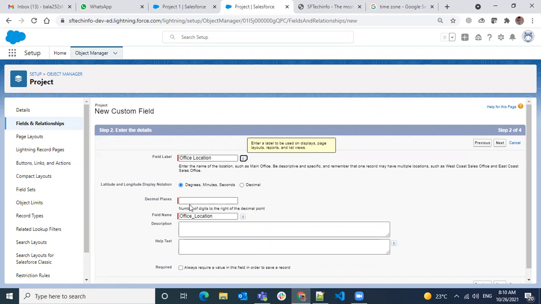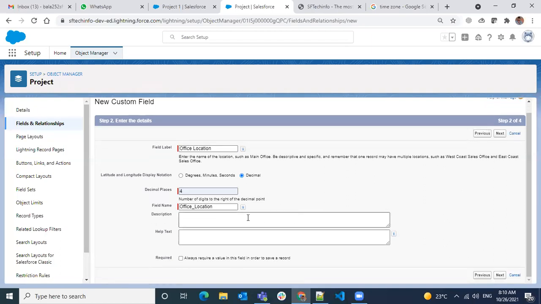Degrees and minutes you want to store here, or decimal places, how you want to store. Let's keep it as decimal values. Decimal places, four, let's give it four. First location.